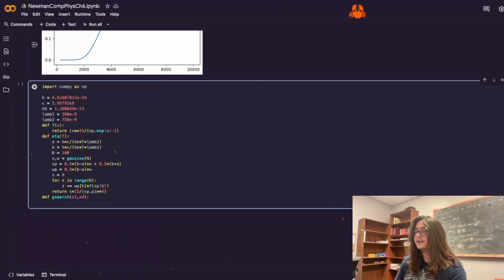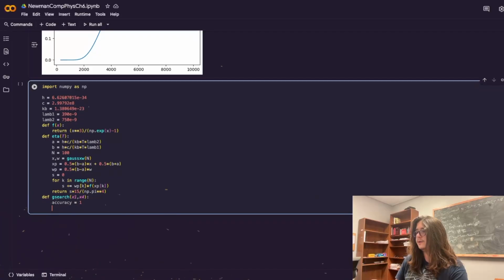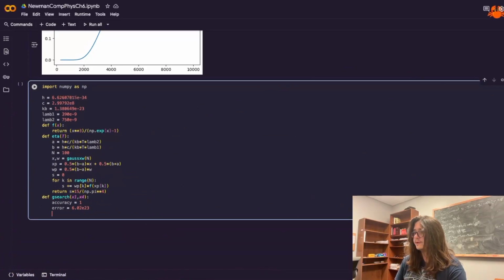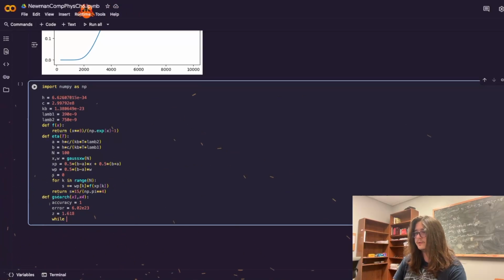You create a target accuracy. We want our accuracy to be 1 Kelvin for this, so accuracy is actually going to be 1. And also an arbitrarily large value for the initial error, 6.02e23. Basically, the first thing that you want to do is define what the golden ratio is, and that is actually just a fixed number, 1.618. Create an error loop